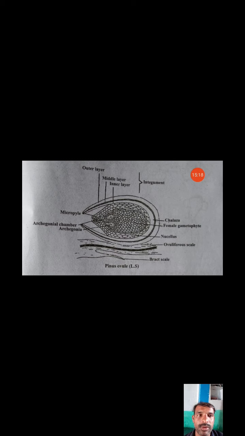The functional megaspore enlarges in size and develops a large central vacuole. The nucleus of the megaspore undergoes free nuclear division, with many divisions taking place. The cellular tissue becomes the endosperm, which is haploid in the female gametophyte. Two to five archegonia are formed at the micropylar end. This is the common development of the male and female gametes.